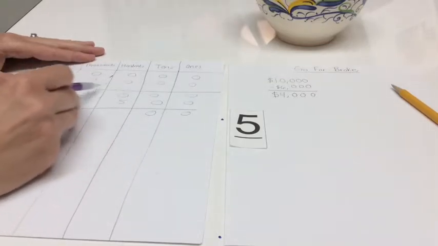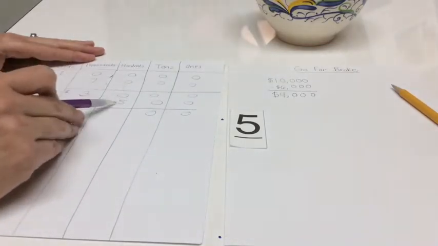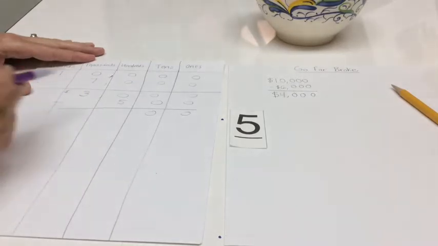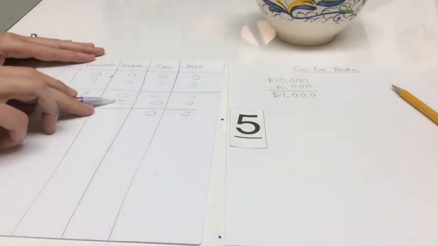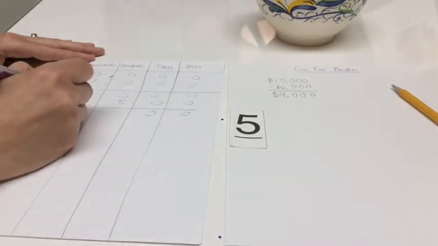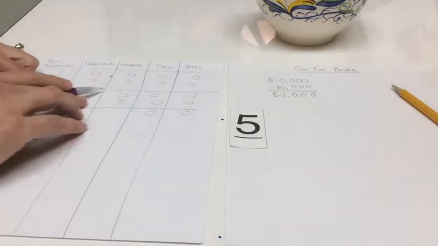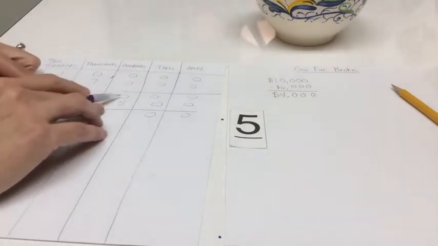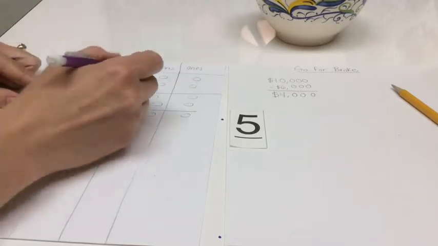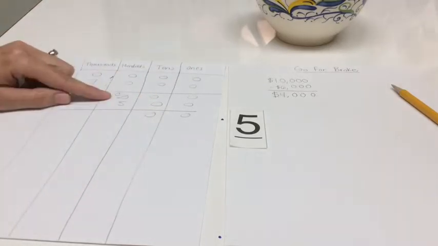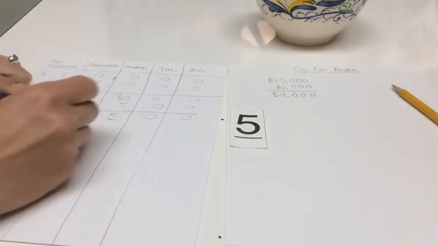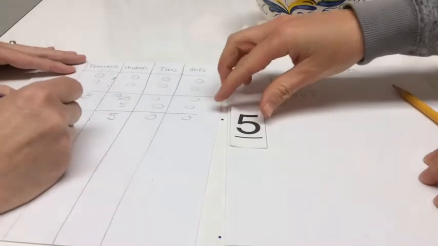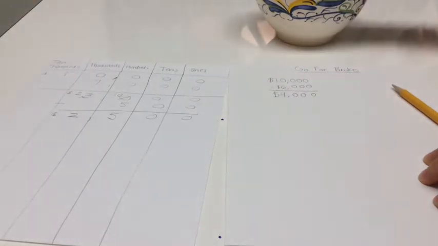I can think of this as 30 hundreds minus 5 hundreds is 25 hundreds, or I can regroup. If I have 0 hundreds minus 5 hundreds, I can't do that. So I'll take 1,000, I will make this 2,000, and then when I give the 1,000 to the hundreds place, I call that 10 hundreds. So now I have 10 hundreds minus 5 hundreds is 5 hundreds, and I have 2,000s left over. I have $4,000, and now